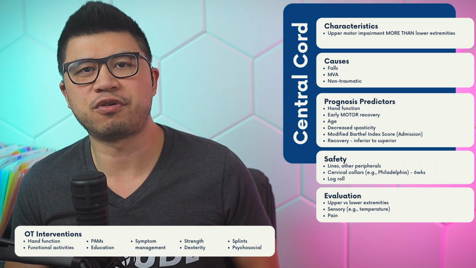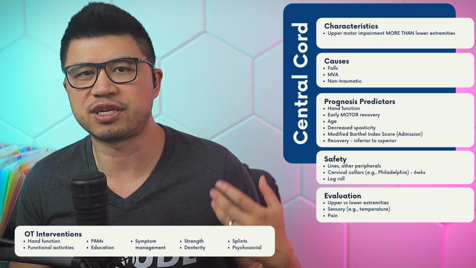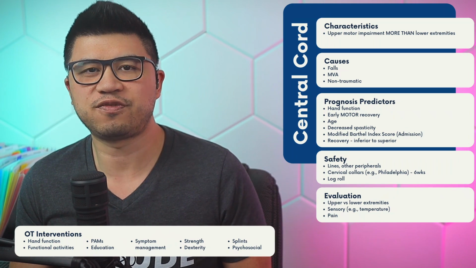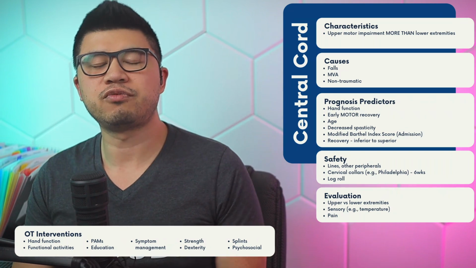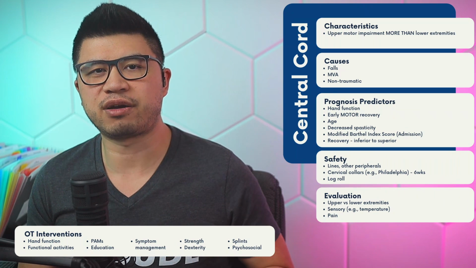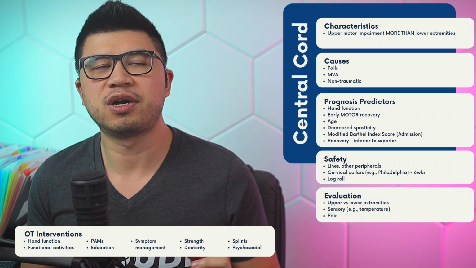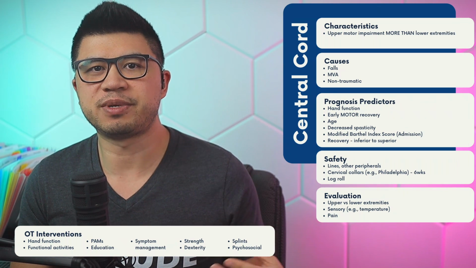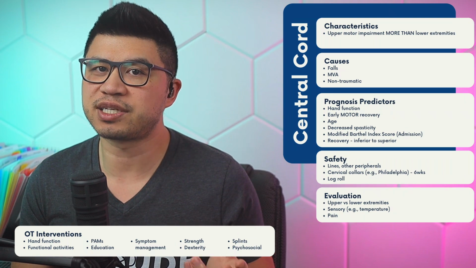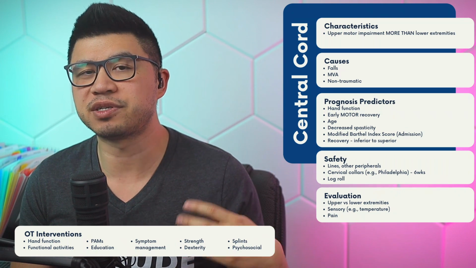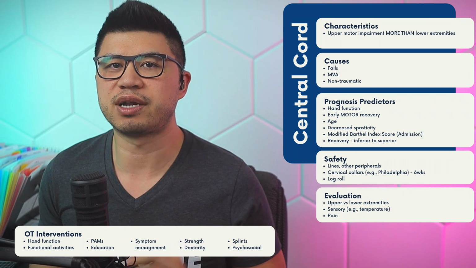Evaluation should, of course, include assessment of the upper extremities compared to the lower extremities, especially of the hands. You should also assess for sensory deficits, temperature, pain. And with pain, you should keep in mind that there are different kinds of pain in general, and the cause of pain for central cord syndrome is likely to be neuropathic in nature, primarily anyways. Not musculoskeletal, but it could be complicated by musculoskeletal secondarily, but generally it would probably be neurological or neuropathic in